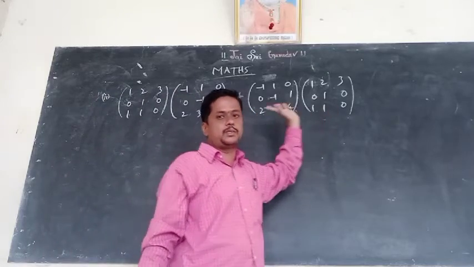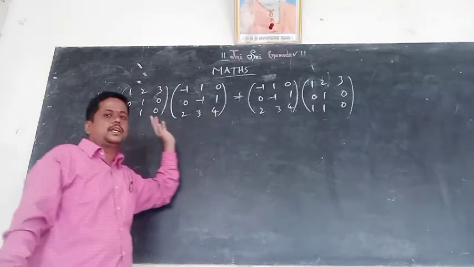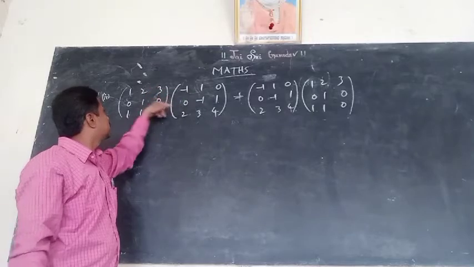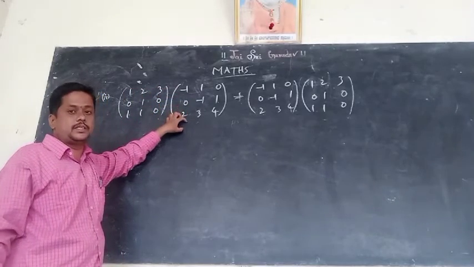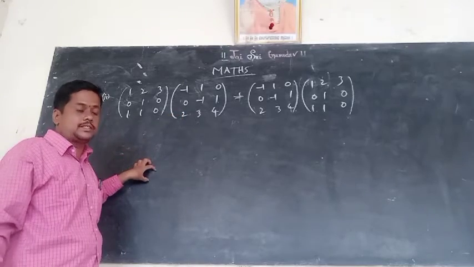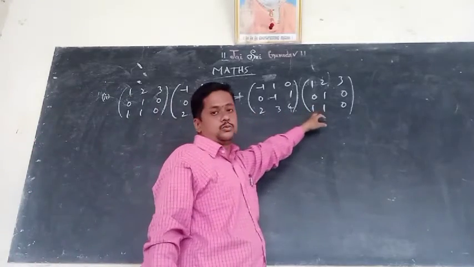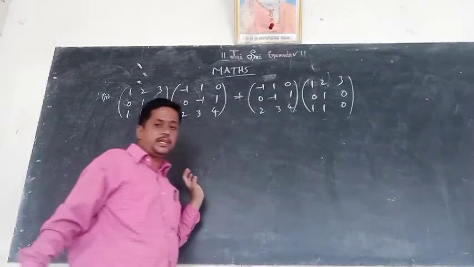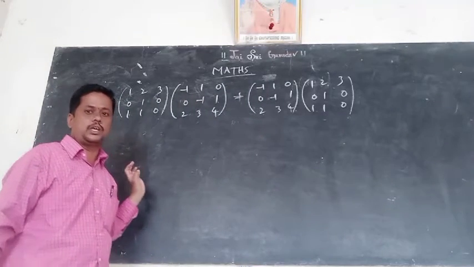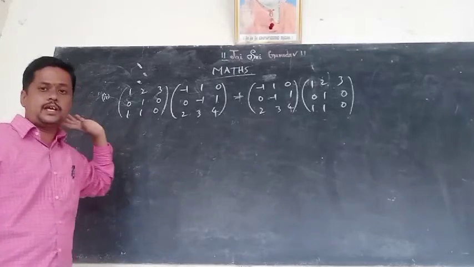AB and BA are not possible to be the same, same matrices. Take first row, first column, first row, second column, first row, third column, like that. Do the multiplication of these two things. We'll get one answer for each, and both will not be equal. So do this one as homework.